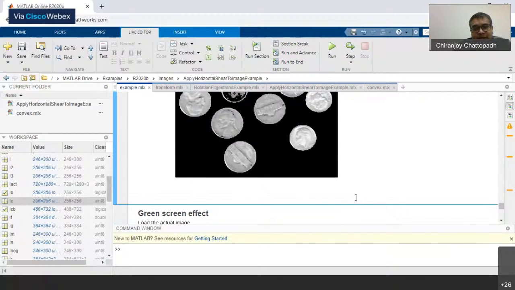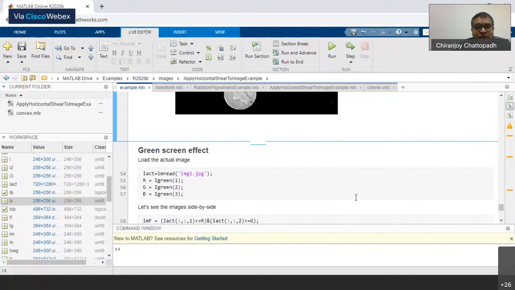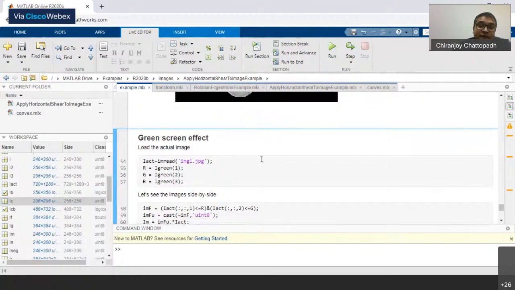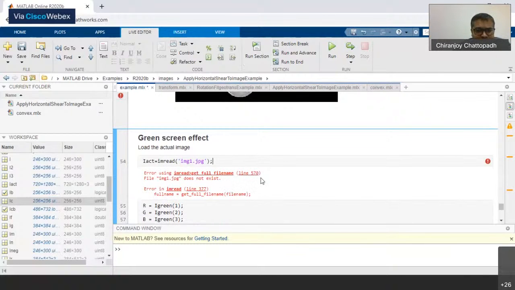Okay. Another effect I wanted to show you is this green screen effect. You might have seen this green screen effect where news readers are sitting in front of a camera and the background is changing, like a cityscape, or many such things are happening. Again, simple matrix multiplication can give you such an effect. The one I am going to show is not that accurate, because again it might require